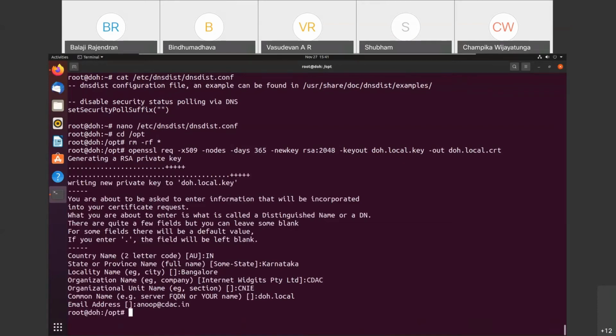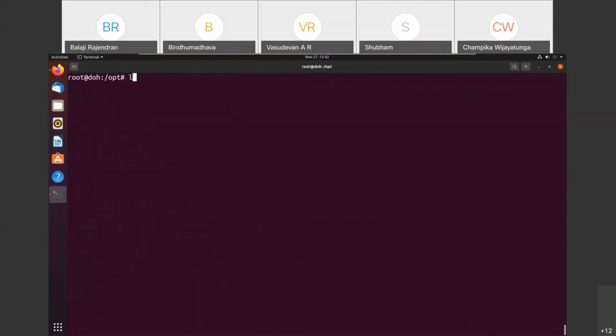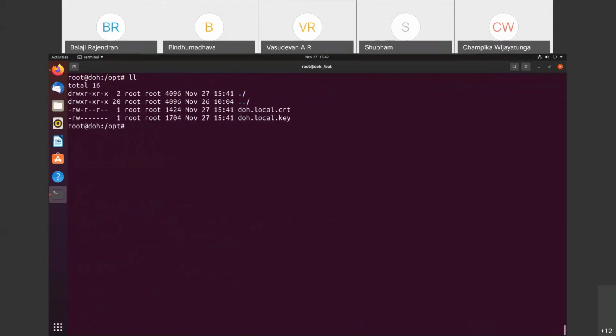And done. Now if I do ll, I can see that there are two files, doh.local.crt and doh.local.key, which can be used for TLS and HTTPS.